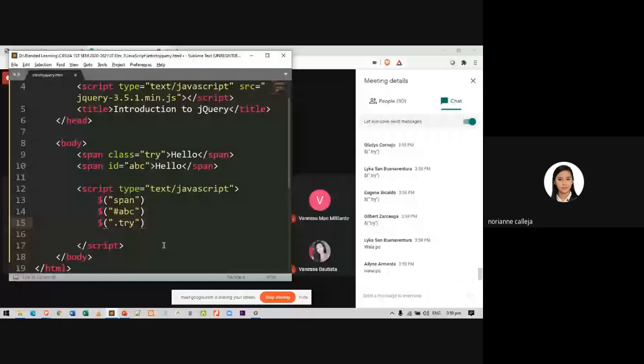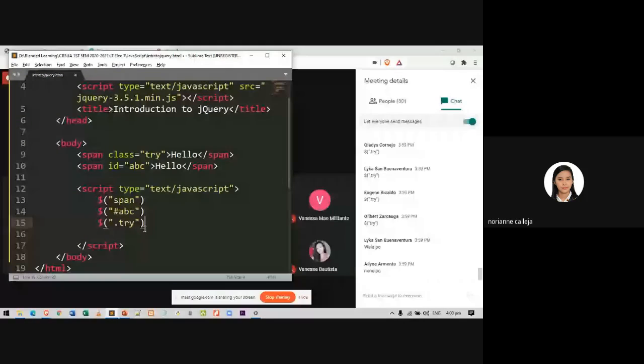So now we just selected elements. How are we going to manipulate those elements' contents? Because we have to manipulate contents.